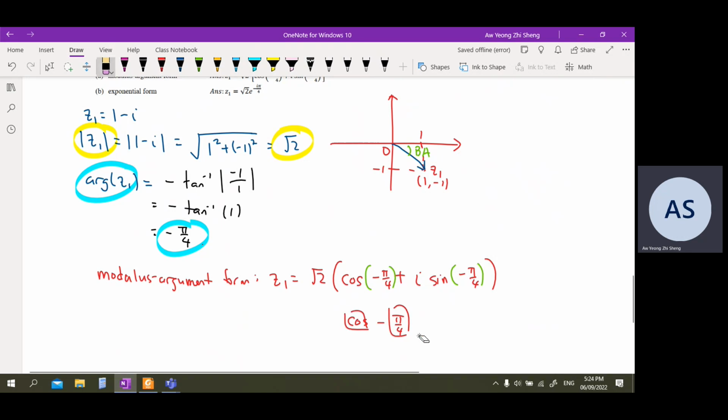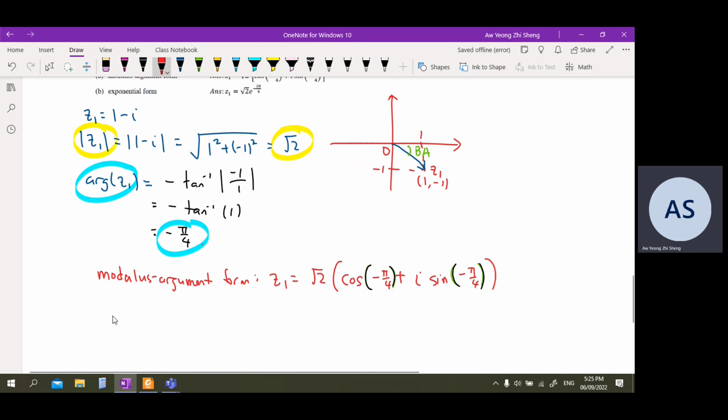So to avoid confusion, whenever you have a negative angle to sub in as your theta, we always put brackets around the angle. For a positive angle, it doesn't matter if you don't put the brackets. But when you have a negative sign, it's a good practice to put brackets around the angle. Right, so yeah, here is a modulus argument form